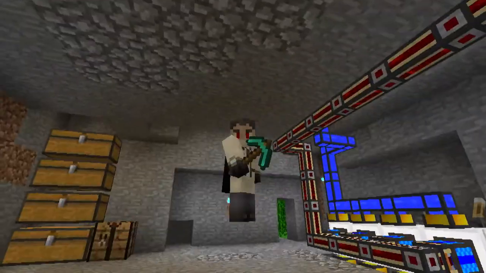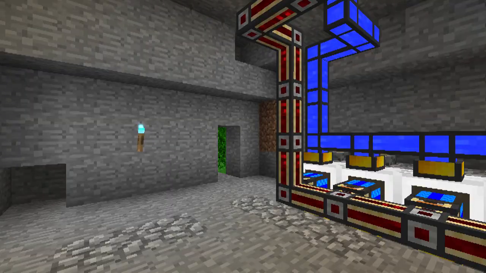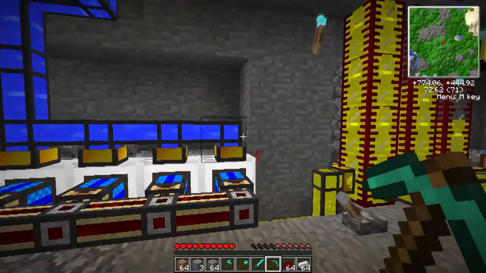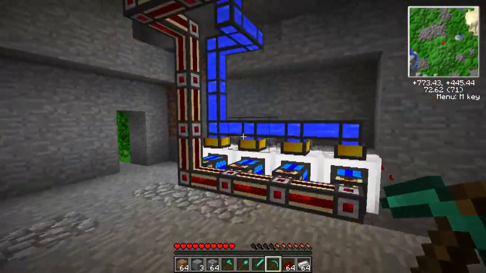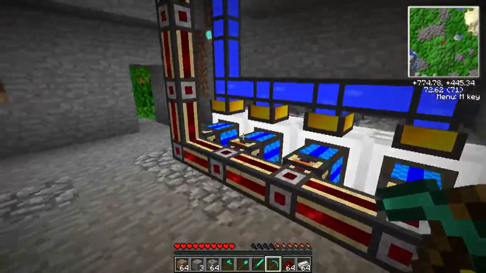Now let's just do some jumping because we can. I have finally cleaned up all this crap. Let's get my inventory back. No more gravel, look, gravel 3. Now we have all this set up and I'm going to get to all this, but let's start with these